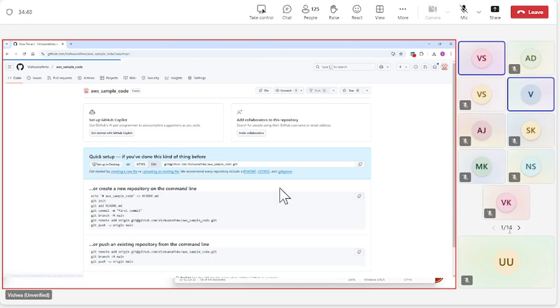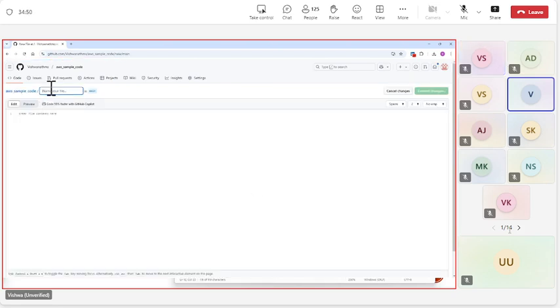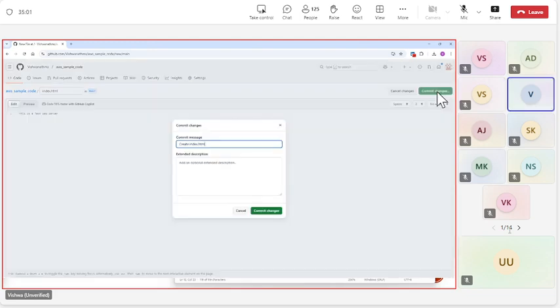I'm going to create an index file, HTML. This is our test web server, right?